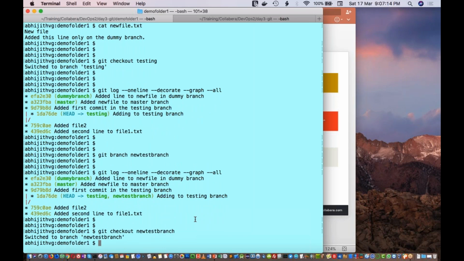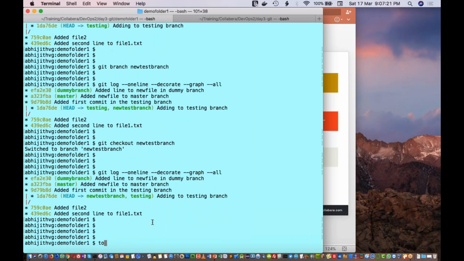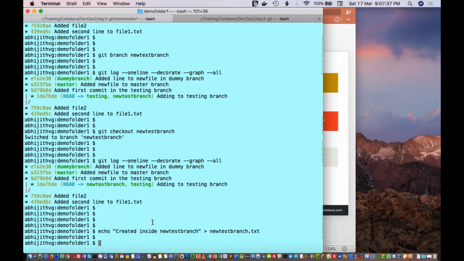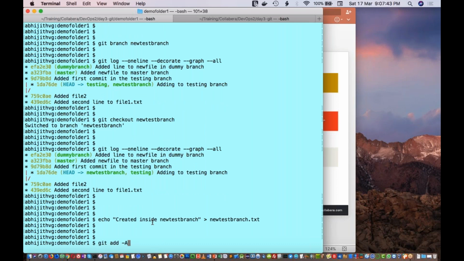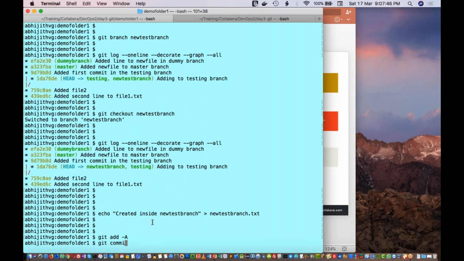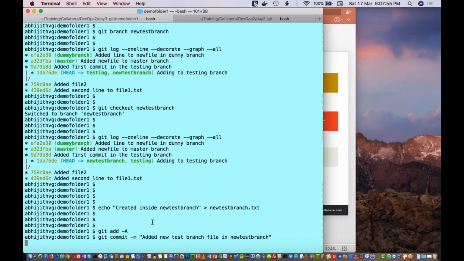Now I'm going to create a new file. Sorry, I use echo "created inside new test branch" to new test branch dot txt. Now I'll just commit: git add minus a, git commit minus m "a new test file" new test branch. Now if I go to this one, you can see this new test branch is coming